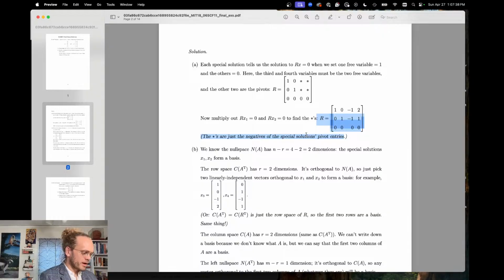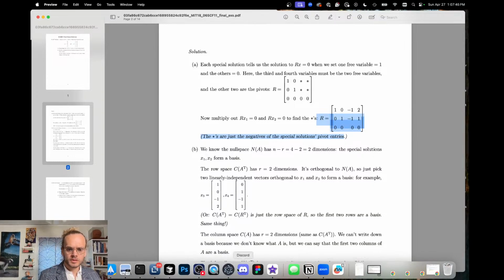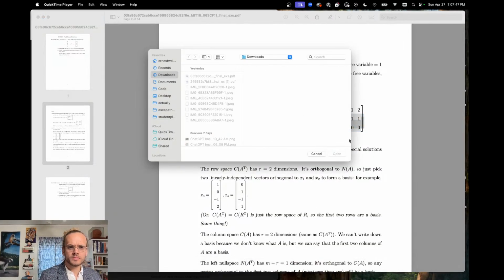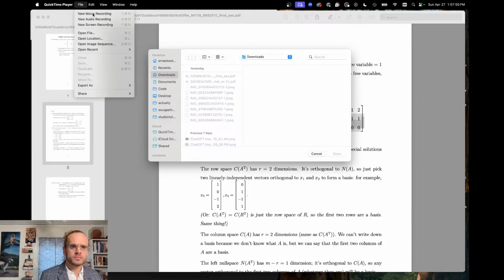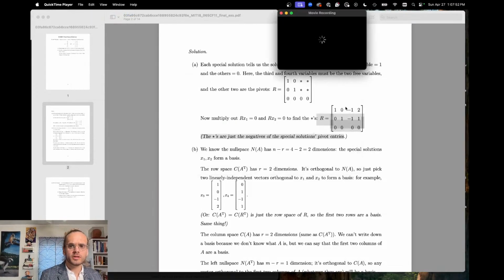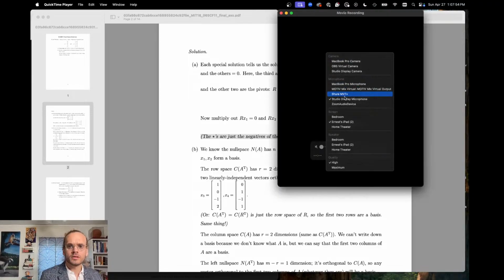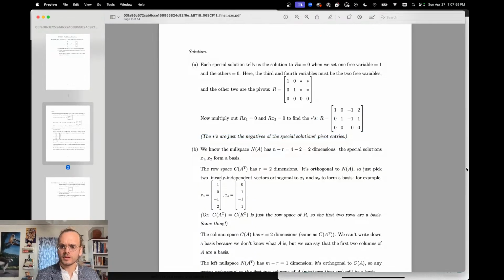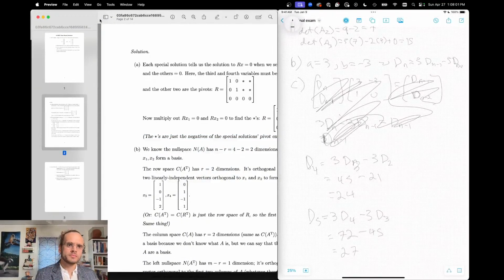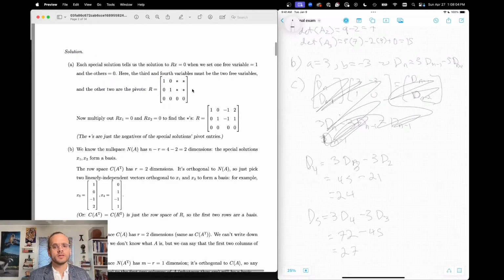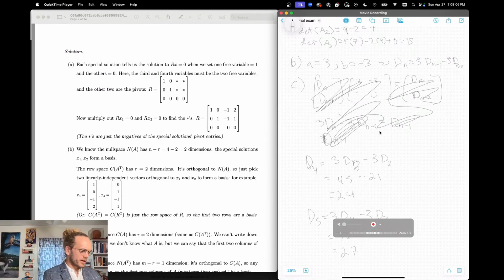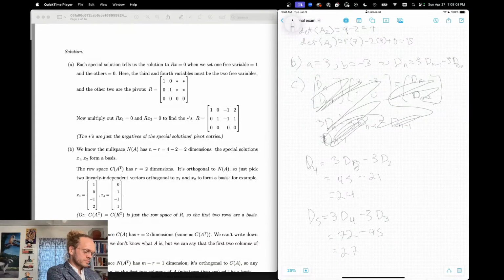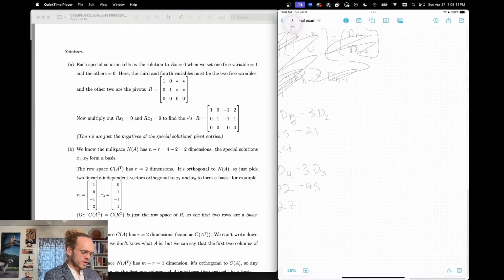I'm going to connect my iPad quickly. Open QuickTime, New Movie Recording. There we go. All right, my iPad's here now. Make this a little smaller. I don't need this. So on my iPad, I go,